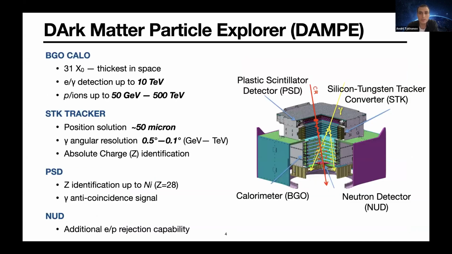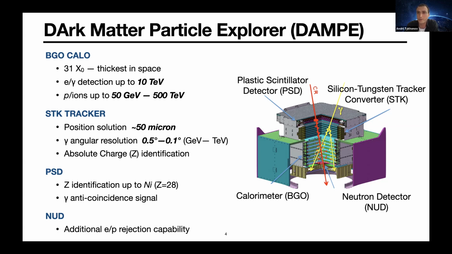The DAMPE payload consists of 4 main subdetectors. In the core of the detector, there is a bismuth germanium oxide calorimeter, which is about 30 radiation lengths, and it is the thickest calorimeter ever used in space. It allows us to measure electrons and gamma rays up to 10 TeV and protons and ions up to about 500 TeV. Then there is a silicon tungsten tracker converter, which consists of single-side silicon strip detectors with a position resolution